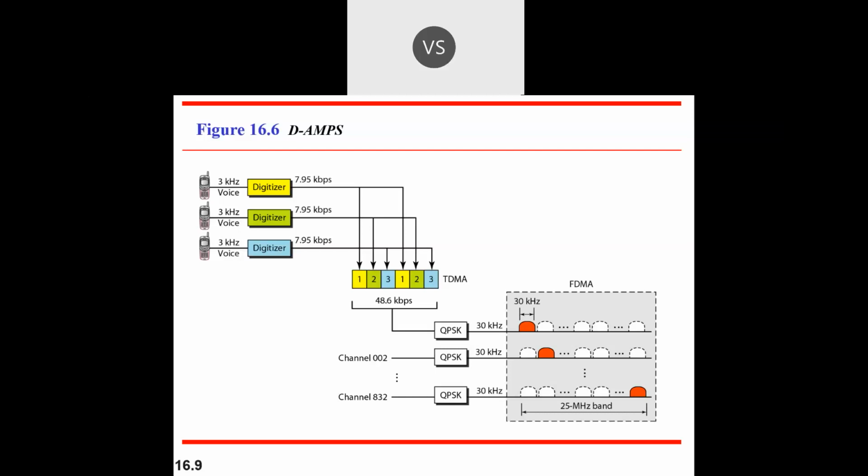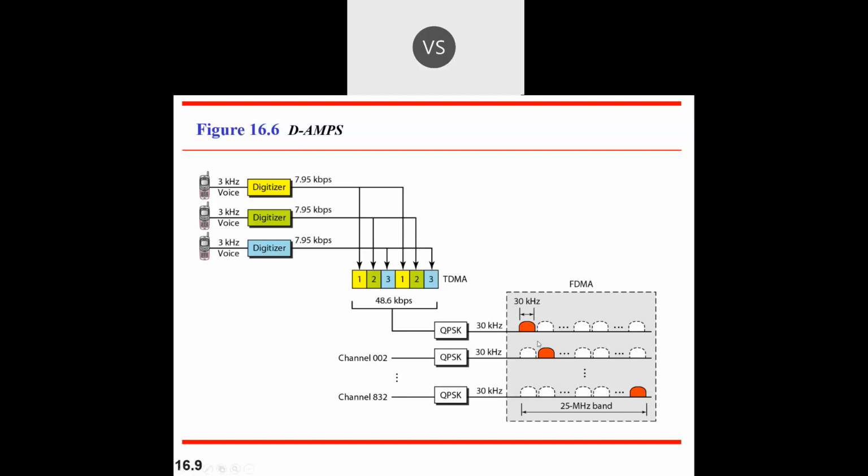Okay, time division multiplexing means it gives a specific time period to all the channels, like one microsecond, one microsecond, like that to all the channels. According to that, they capture different data rates from different stations, and whatever kbps rate is coming in the TDMA, it does the QPSK. Again, whatever combined data comes over here is converted to analog and then it goes to